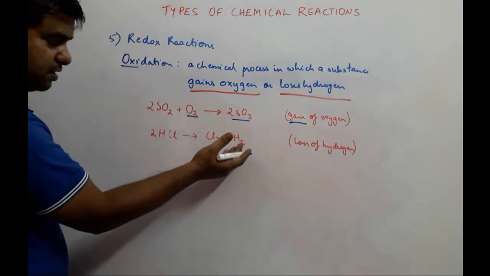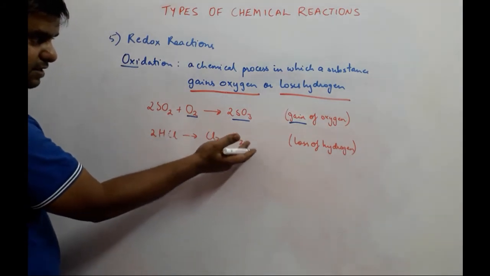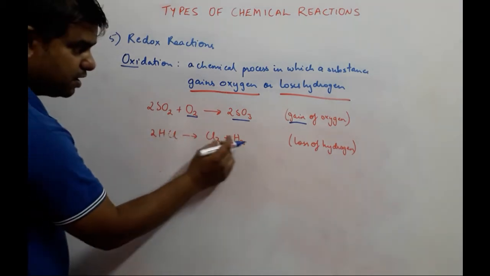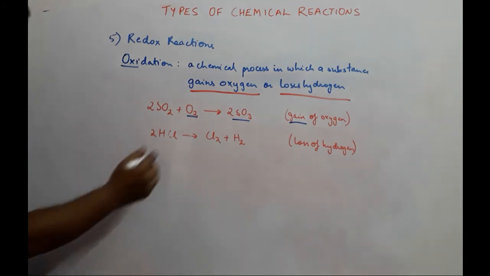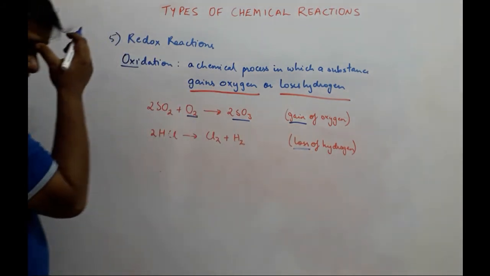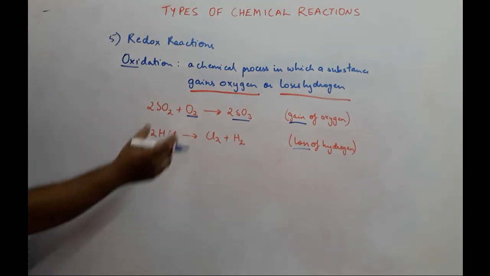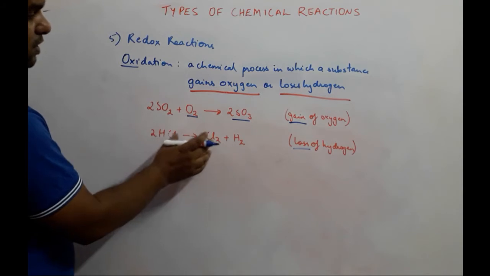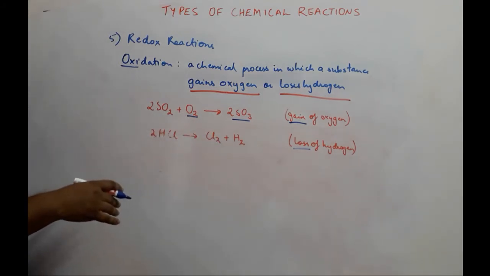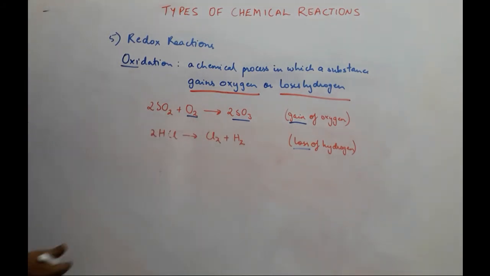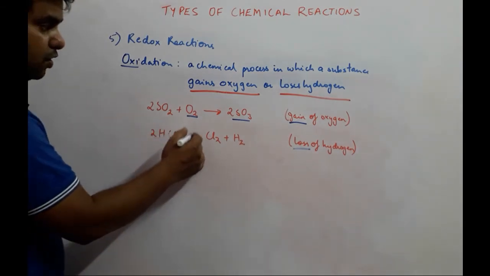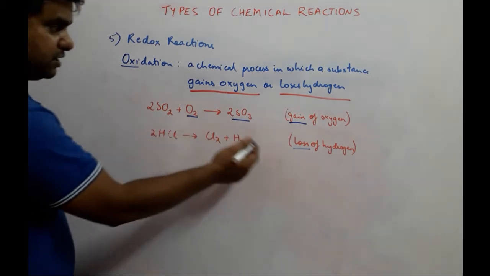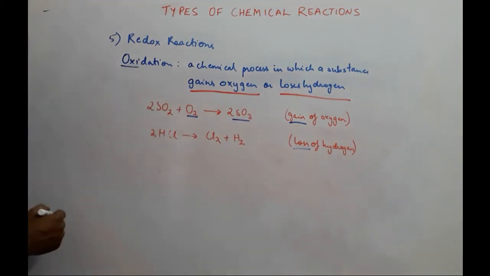The reaction still has hydrogen, there is gas evolved in this, but hydrochloric acid loses hydrogen to form chlorine. Got it? So here there is a loss of hydrogen, and this loss of hydrogen is also referred to as oxidation. Remember, oxidation doesn't always mean there should be oxygen involved in that particular reaction. In this case there is no oxygen at all, but here we are looking at loss of hydrogen, so we do not want hydrogen in this case. When hydrogen is lost, we refer to it as oxidation.